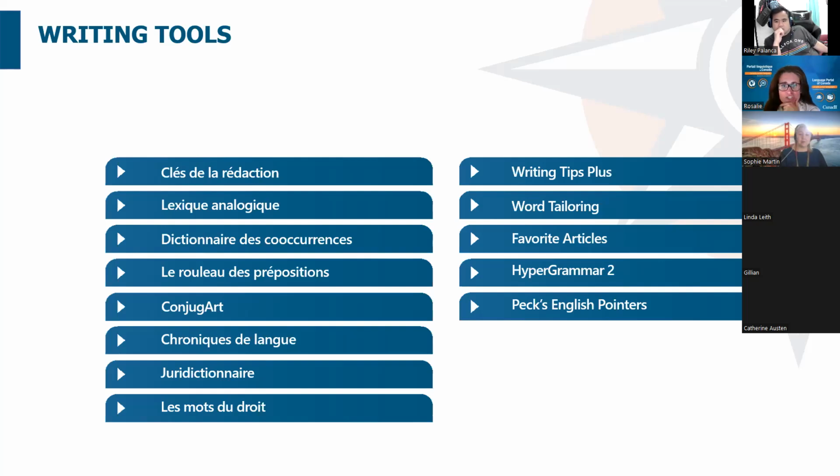Favorite article, which is like Chronique de langue that Sophie just spoke about. So it's a collection of articles from the Translation Bureau. Hypergrammar 2, which is a self-guided learning tool that will help you improve your knowledge of English grammar, spelling, and punctuation. And lastly, PEC English Pointers, which is a collection of tips that also include self-test exercises, the